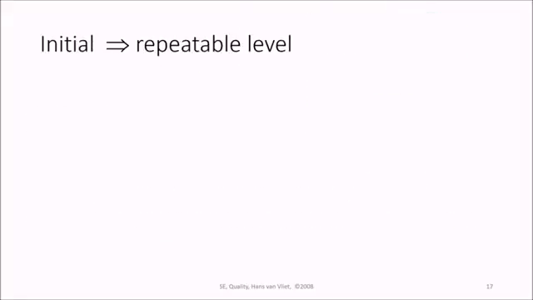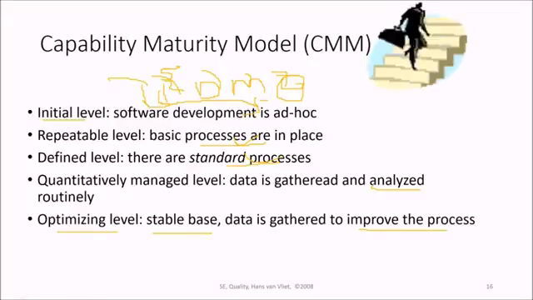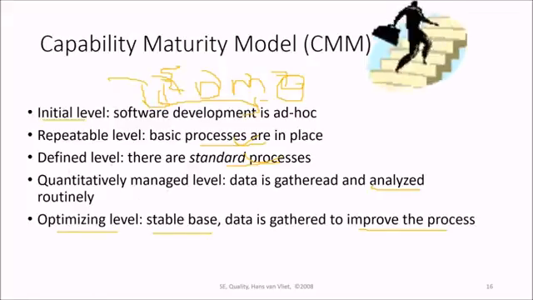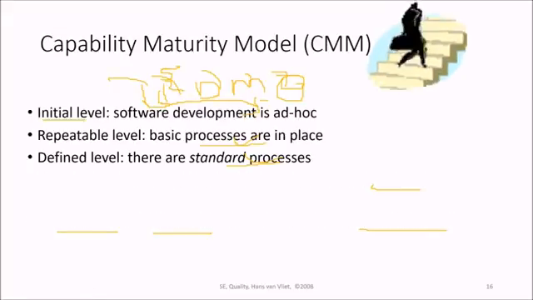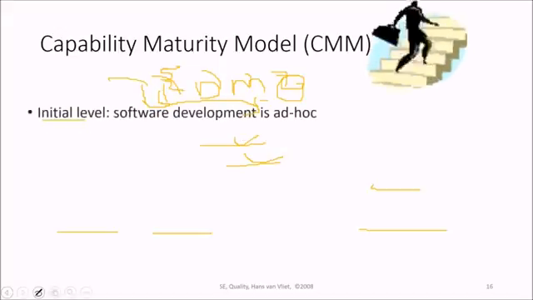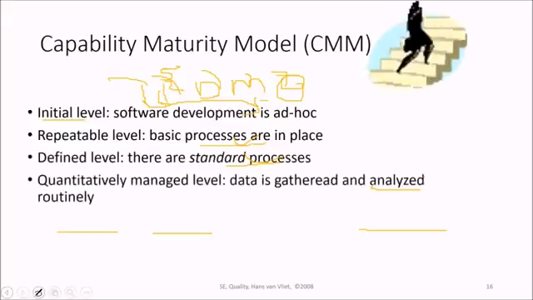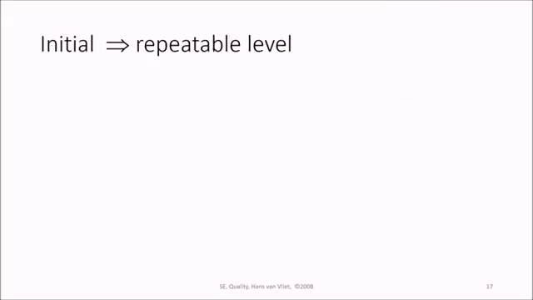Initial level to repeatable level means the first level to the second level in the CMM levels. There are 5 levels: first level to second level, initial to repeatable, repeatable to defined, defined to quantitatively managed, and then to the optimized level. So this initial to repeatable level, as we were talking,